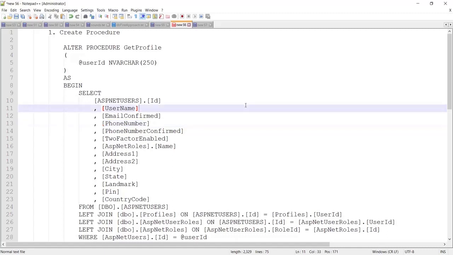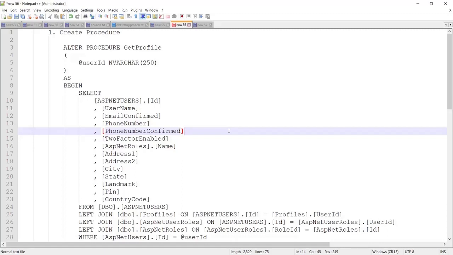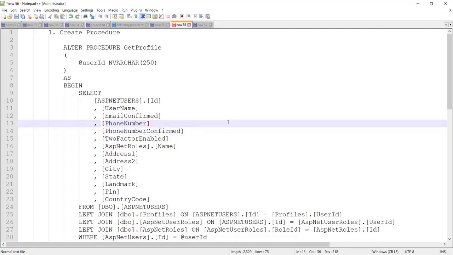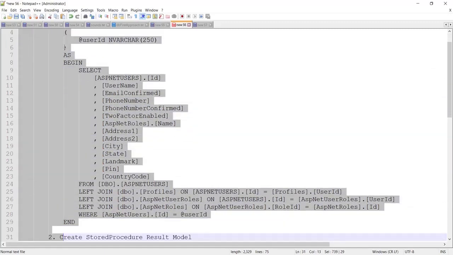Okay, so here I am continuing the same video series of ASP.NET Core web API tutorials. Here are the few steps to achieve that, or to call the stored procedure in a web API of ASP.NET Core. This is the first step: we need to create the procedure. I have already created the procedure, but I am going to execute this query again.